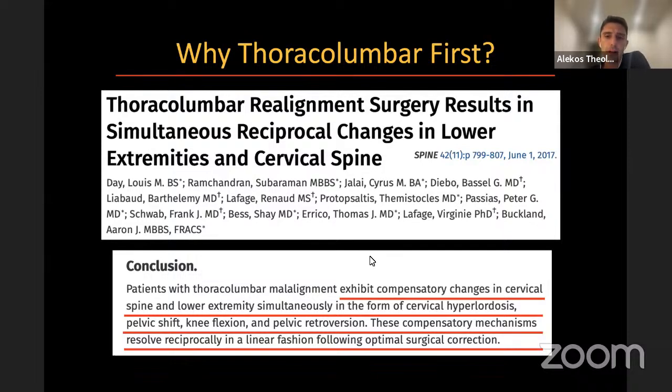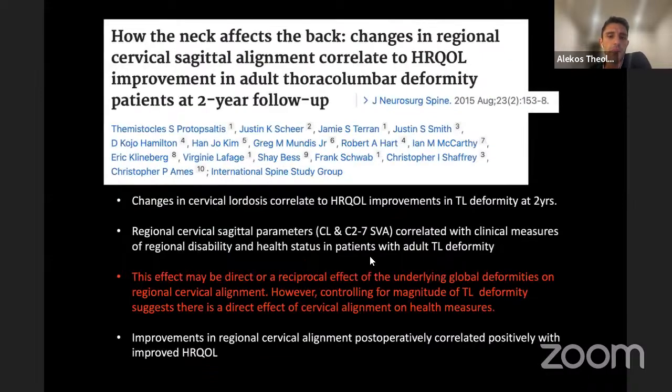in terms of realigning the pelvis and the shape of the spine to the pelvis, and especially the PI magnitude. And then this is another nice study from the ISSG from 2015, almost 10 years ago, that